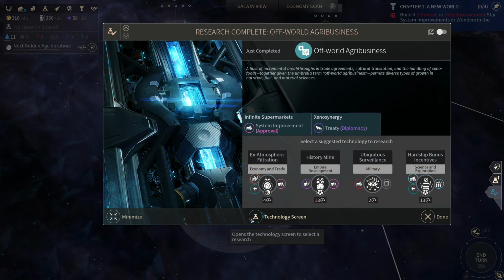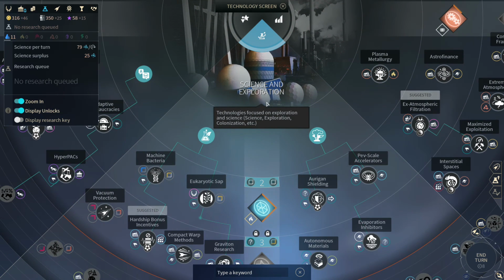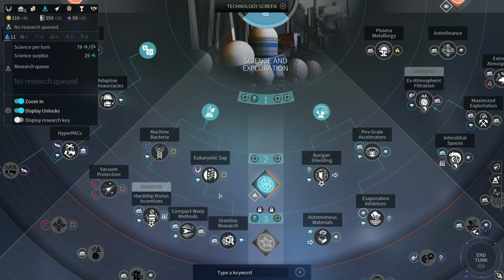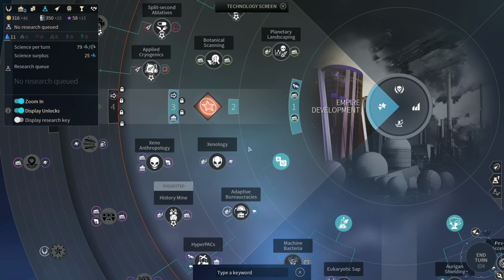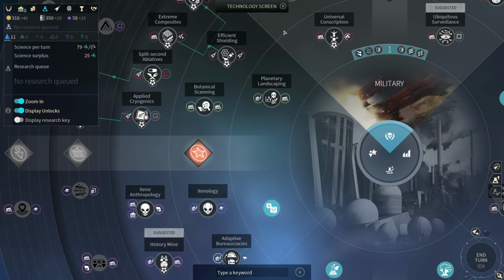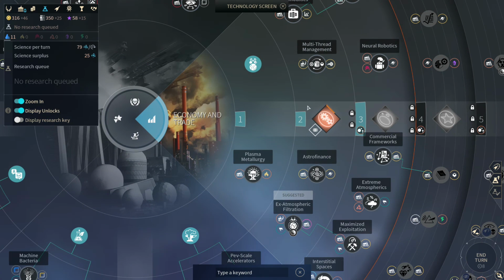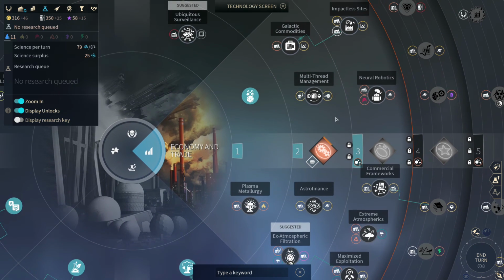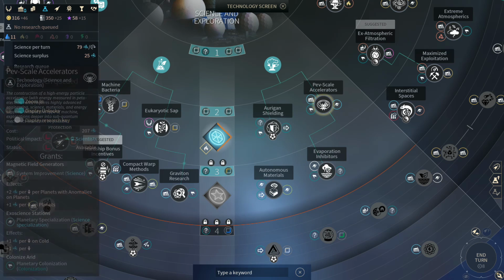Alright. We're gonna have to pick a technology now. I'm not really sure. We can do some trade. That's really powerful. It's kind of expensive though. Our dust is looking okay at the moment. Yeah, I think we're going to go ahead and focus on...